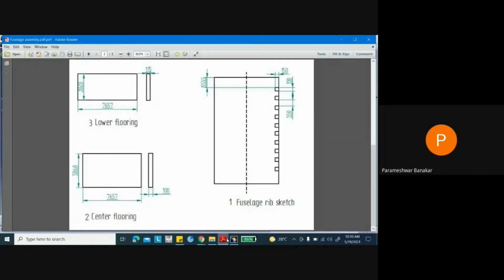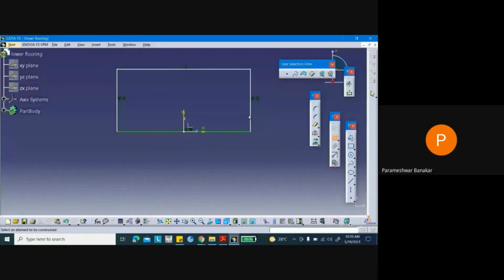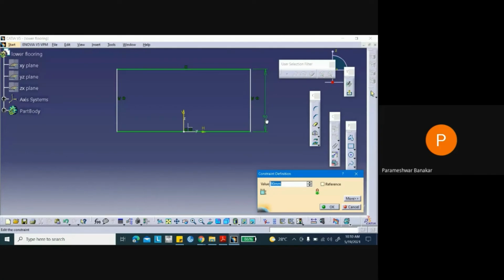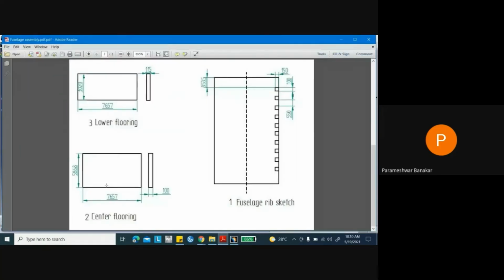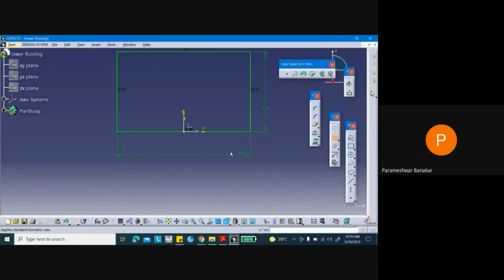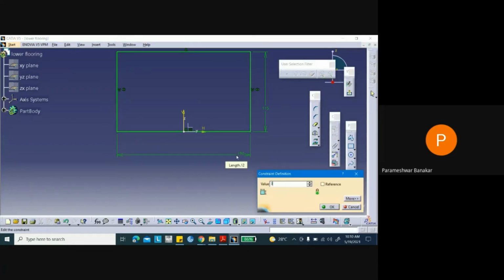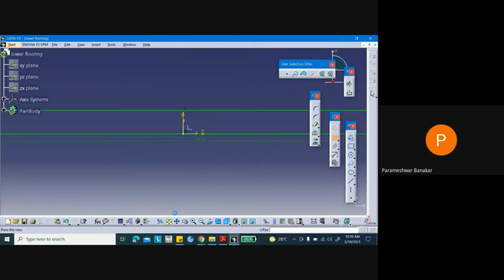So now the thickness is how much? 115. So the thickness is 115. And this length is 3020. Done.